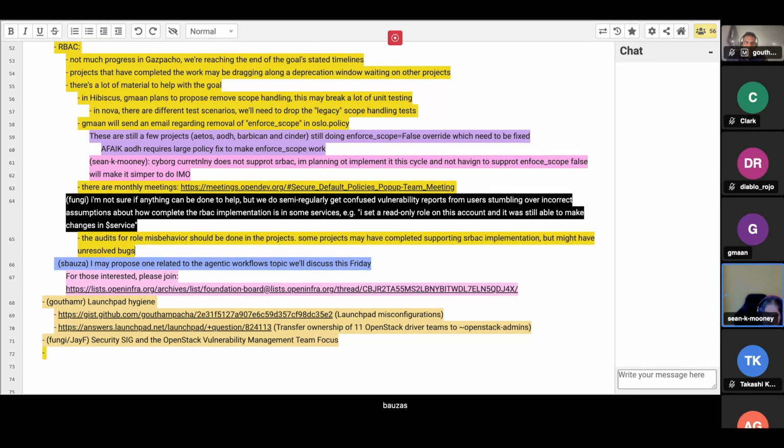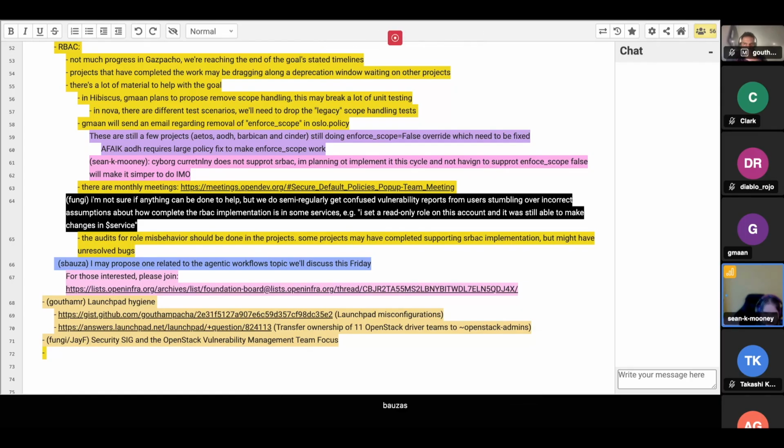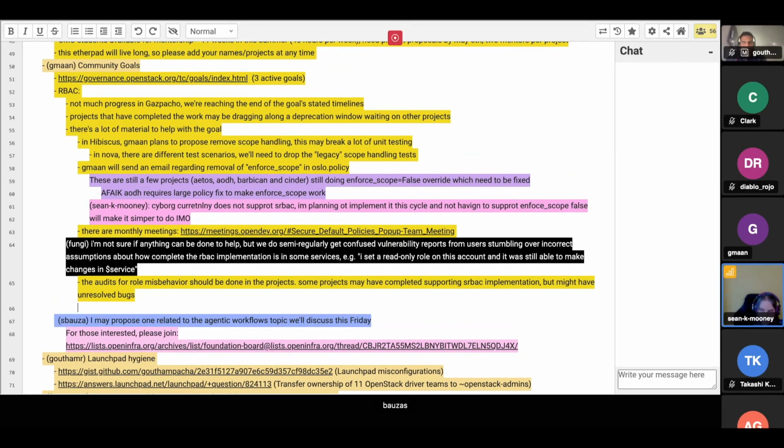I guess one distinction to make is that while individual services can enable or disable these flags, for an operator in an actual production deployment, you have to set these consistently for every service. And that was called out in the original community goal, that you can't enable the new defaults in Nova and have them disabled in Glance and have a secure system, because the actual role-based system is not limited to a token in a particular project. If you have an admin token anywhere, it's admin everywhere. And if you've got a reader token anywhere, reader enforcement will only propagate if you have the new defaults enabled everywhere.